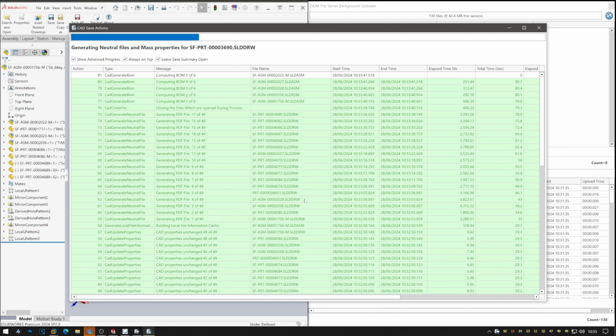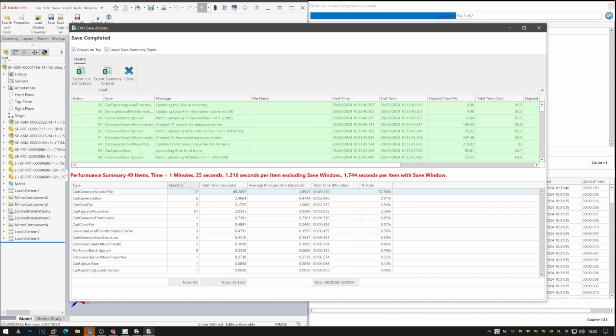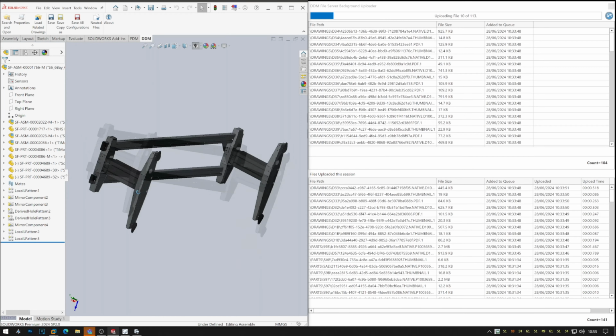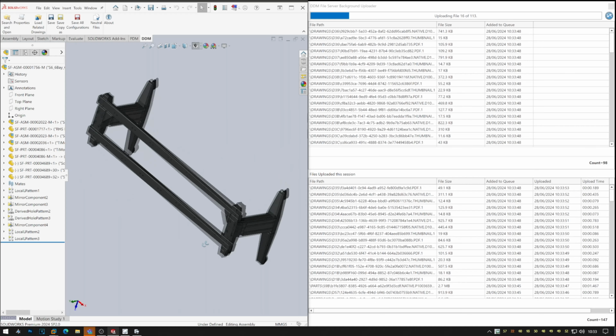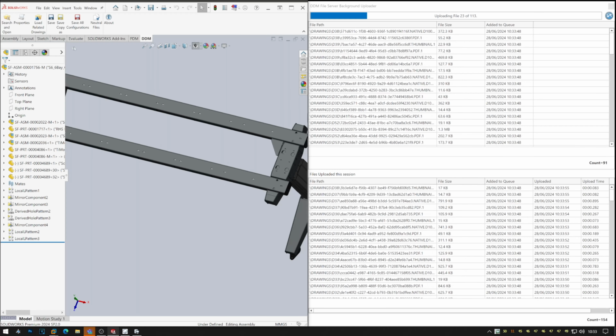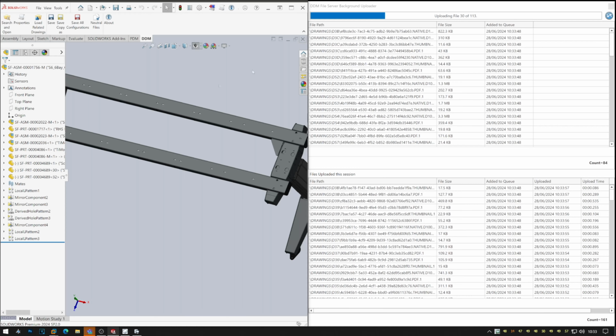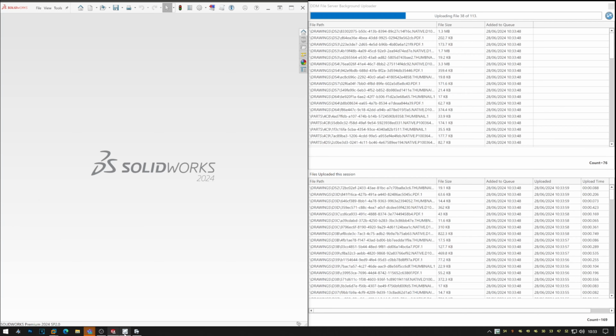Updating the bills of materials, creating thumbnails. The whole save took 1 minute 25 seconds. I can continue to work on my design, and you can see in the background the files are being uploaded to the server. So even if I close this design,